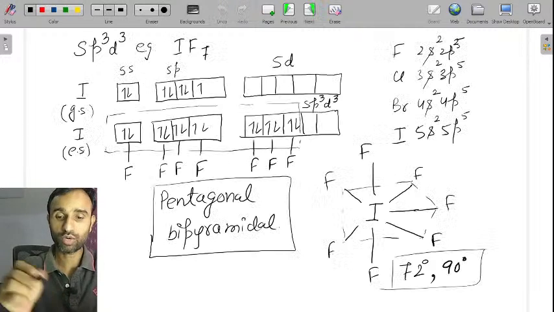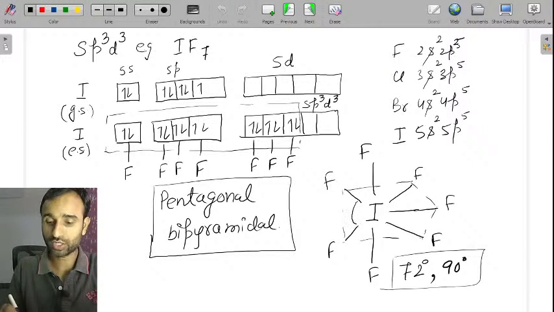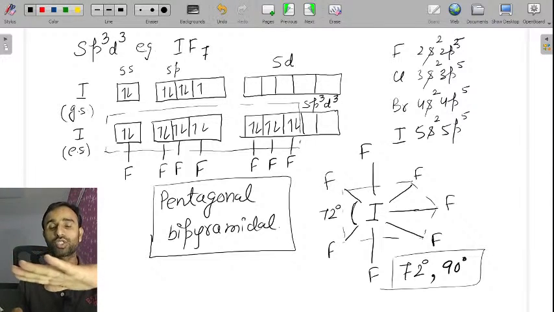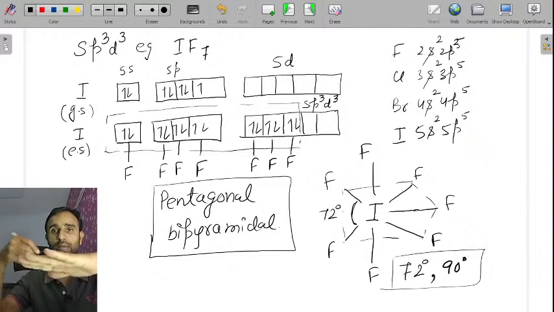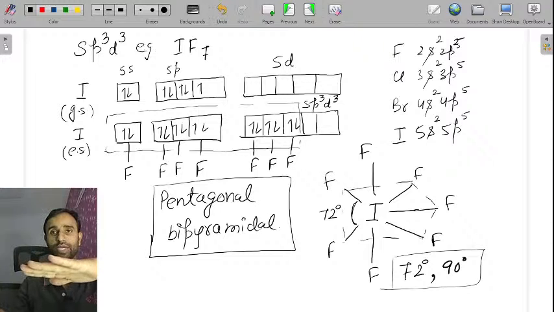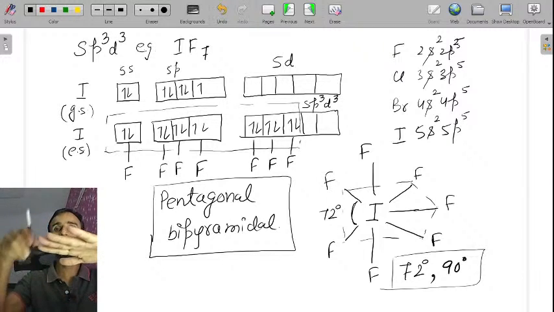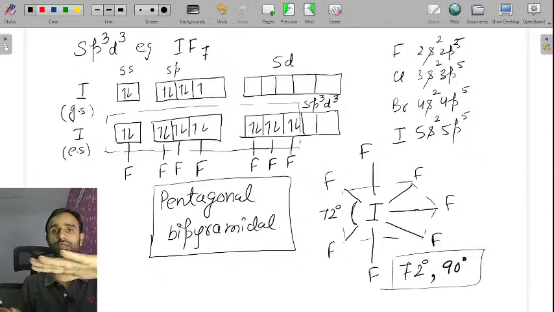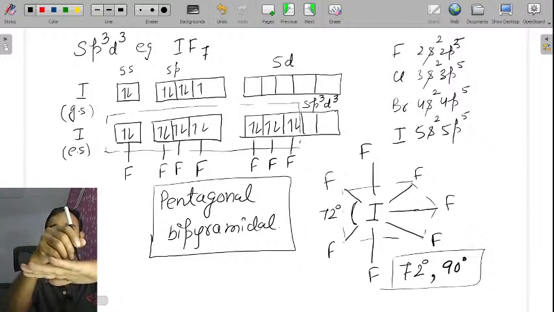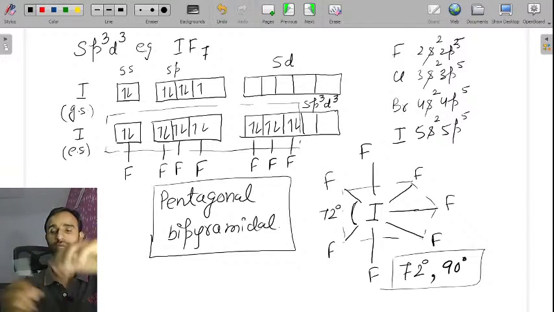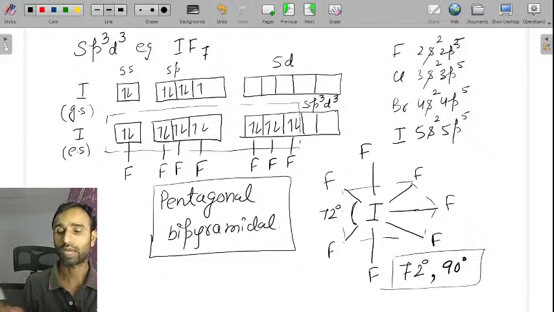ओके 72 कहाँ बेटा? ये जो 5 है एक ही प्लेन में है तो ऑब्वियसली पांचों में कितना एंगल होगा? 72। ये 5 के 5 जो है वो 72 डिग्री पे है सेम प्लेन में, ठीक है? और एक ऊपर है ना और एक नीचे, ठीक है ना? तो उनके बीच में कितना एंगल होगा? इन पांचों के साथ इसका एंगल 90 डिग्री और नीचे वाले का भी 90 डिग्री, समझे? तो 72 डिग्री बिटवीन द प्लेन ऑर्बिटल्स